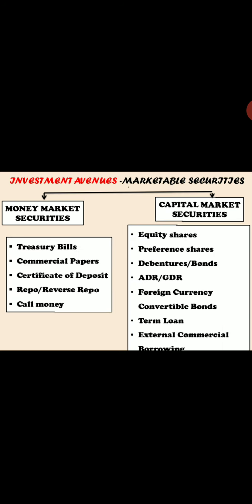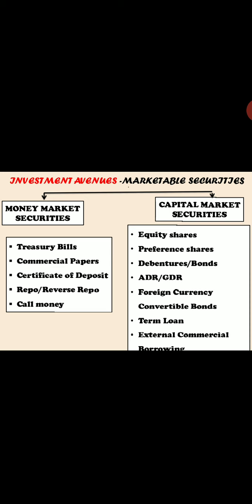We are going to understand each and every avenue or portfolio available in the Indian market. To start with, the first one is money market securities. This four-part chart shows an investor the different portfolios and avenues available to invest money and generate income out of that investment. If you ask a layman, he'll say you can invest in mutual funds, or in the bank.